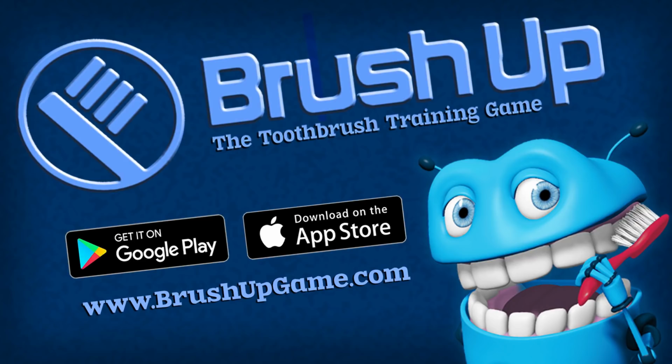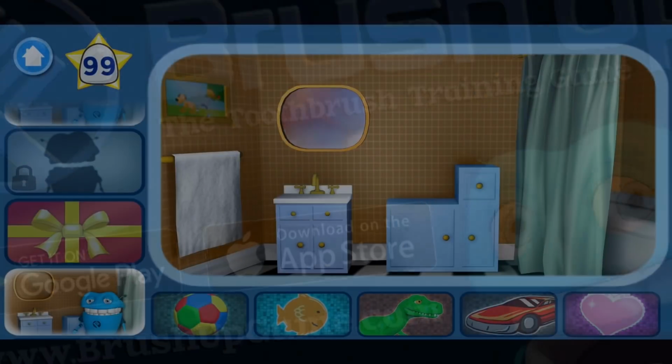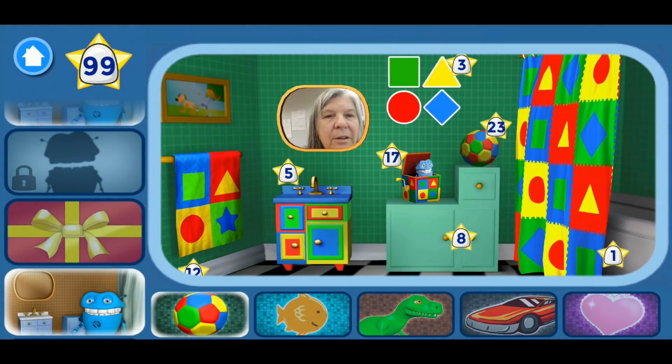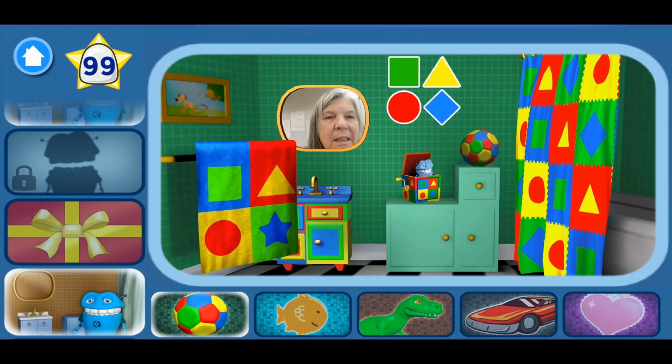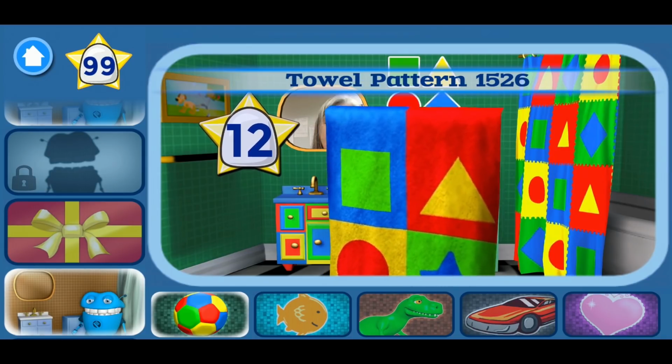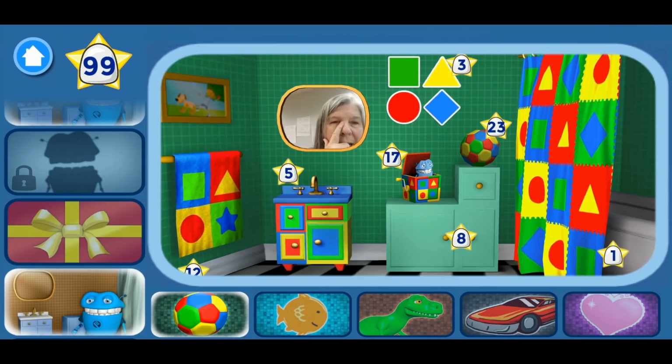She earned those stars brushing with Bud. Let's see what toy she turns them into. Okay, let's see. I can look over here, and I can find so many things. I can look at, this is my towel. Ooh, I could buy a towel. I could buy